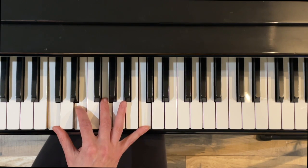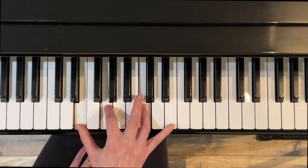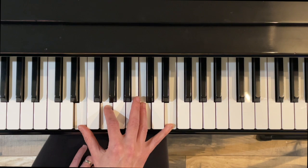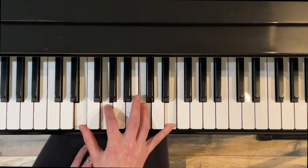Then we go to first inversion. We have 1, 2, 4, 5. So 2 mi's in that inversion, but it's still a C chord because of the contents, do, mi, and so, C, E, and G, C chord. And then notice the fingering, by the way. 1, 2, 4, 5 for that one. And then when we get to the next one,